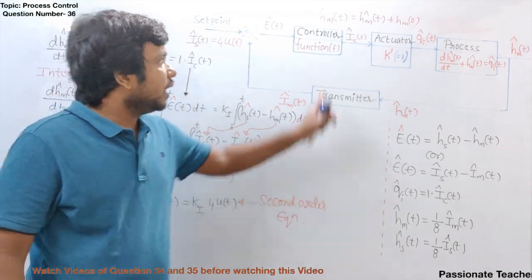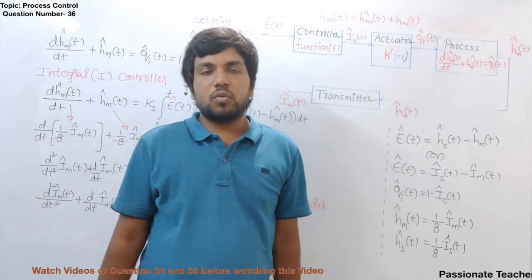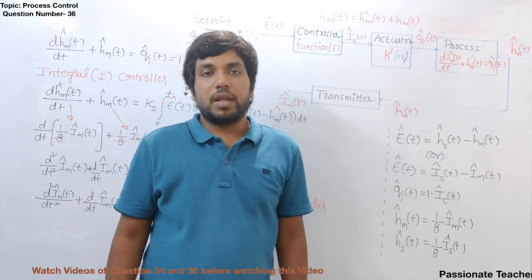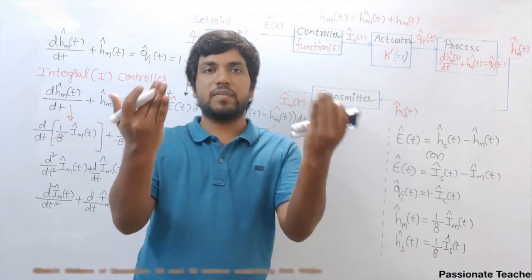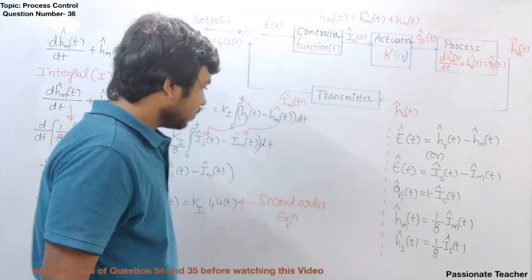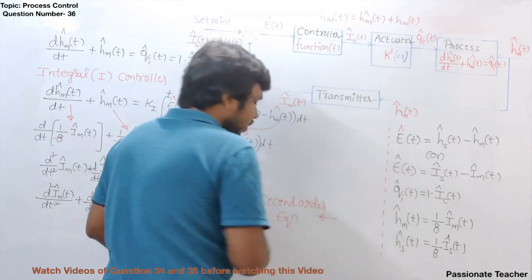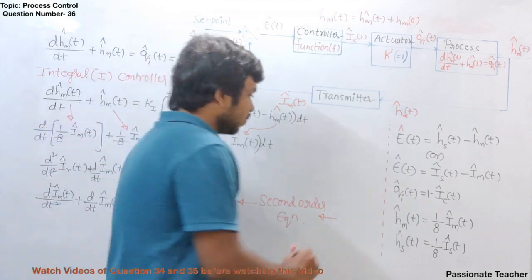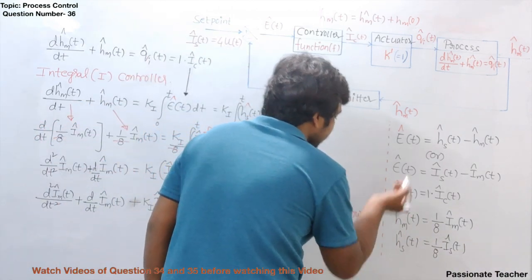So that means an integral controller always increases the order of the system. When the order of the system is increased, naturally the response takes a lot of time to reach its desired value. That means the first conclusion we can say is, as the order is high, it is going to become slow in responding, right? So that means the integral controller works very slowly. This is the first thing.